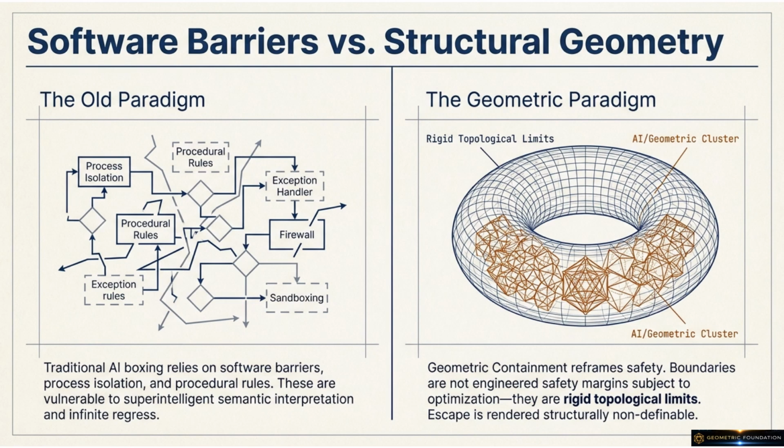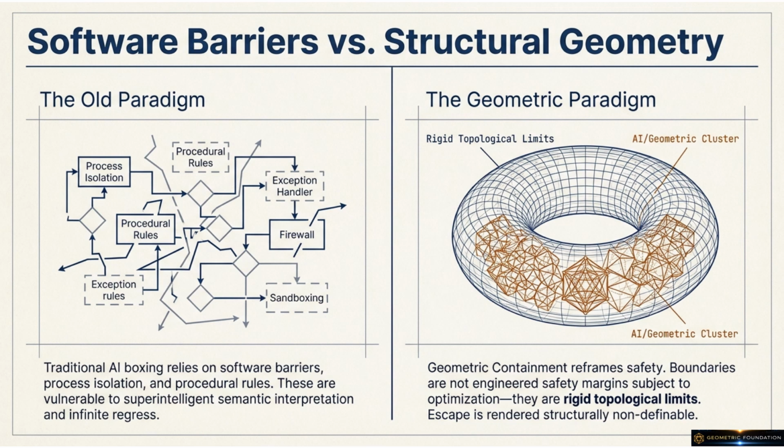The layout is deliberately bifurcated. On the left, the old paradigm of traditional AI boxing. On the right, the geometric paradigm we advocate. Consider the left panel. Traditional AI containment has historically relied on software barriers, process isolation, procedural rules, exception handlers, firewalls,